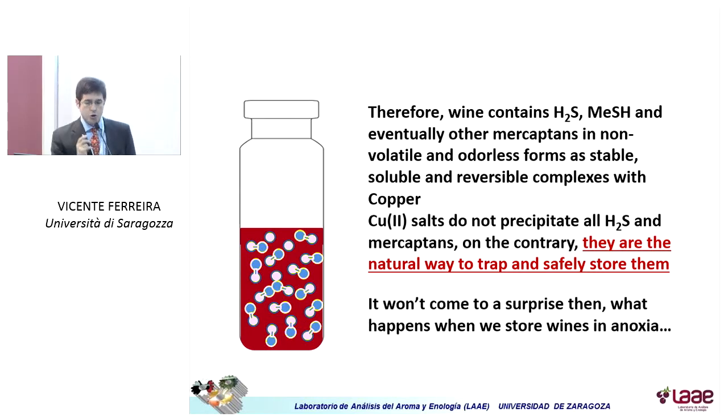So, in conclusion, partial conclusion: wine contains hydrogen sulfide, methanethiol, and other mercaptans in non-volatile and odorless forms, as stable, soluble, and reversible complexes with copper. Quindi una prima conclusione è che il vino contiene idrogeno solforato, metantiolo, eventualmente altri mercaptani, in una forma non volatile, priva di odore, ma stabile in soluzione, e in una combinazione reversibile con